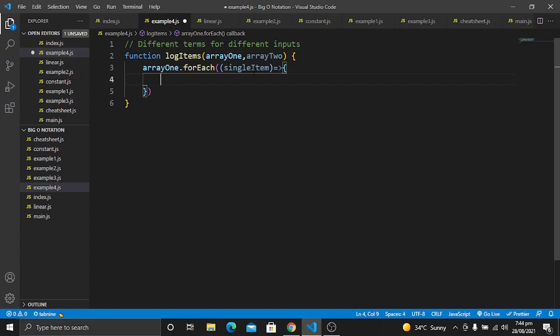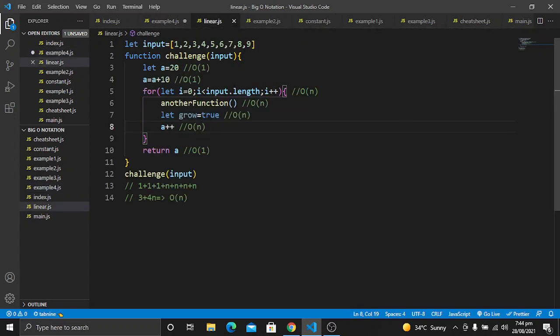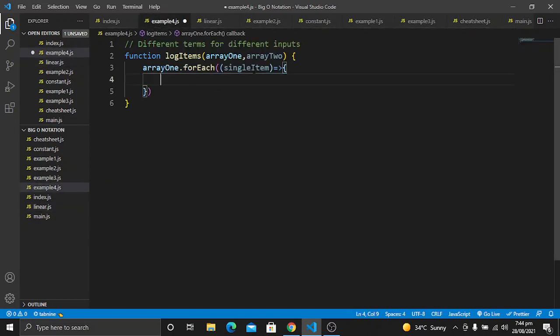Now we are getting the single item, as in the previous examples where we were getting i. Here we are getting the single item which is in the array, and we are just console logging this item.